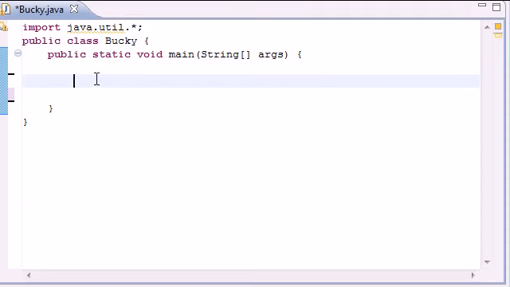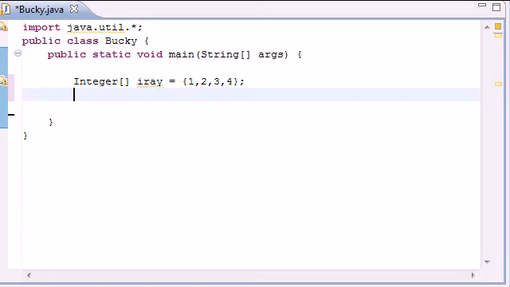So let's go ahead, and I'm gonna first show you guys an example of just two simple overloaded methods, and then from there I'll show you the problems that they create and how we can fix it by building a generic method. So let's go ahead and start with two arrays. We'll make an integer array, and I'll just name it I array, and just populate it with like 4 integers, put like 1, 2, 3, 4, and now make an array of a different type of data like character, and I'm going to name my C array for character array, and go ahead and put, gotta put those in brackets,